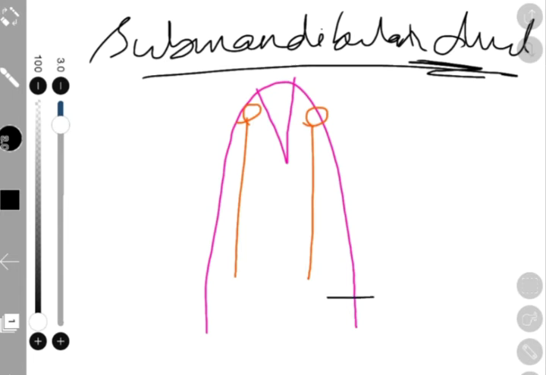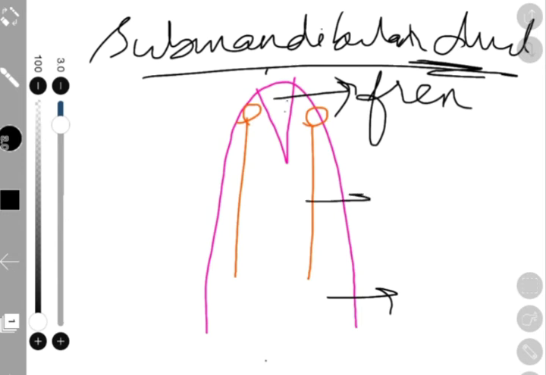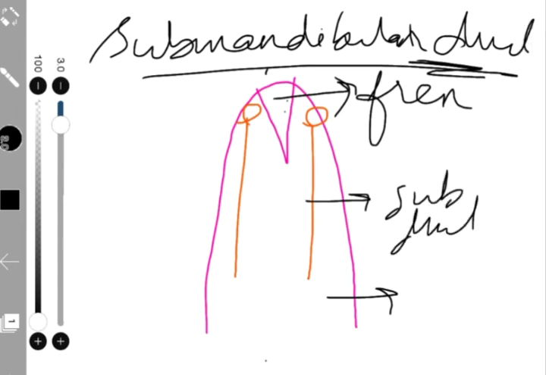See, this is the under surface of your tongue. That is, when you see your tongue from below, it looks like this. Say this is the tip of the tongue and this is the base. This is the frenulum of your tongue. That is, you'll have a thin strand-like structure which attaches your tongue to the floor of the mouth, or else your tongue will be hanging out. So this is the frenulum of the tongue, and this is your submandibular duct.